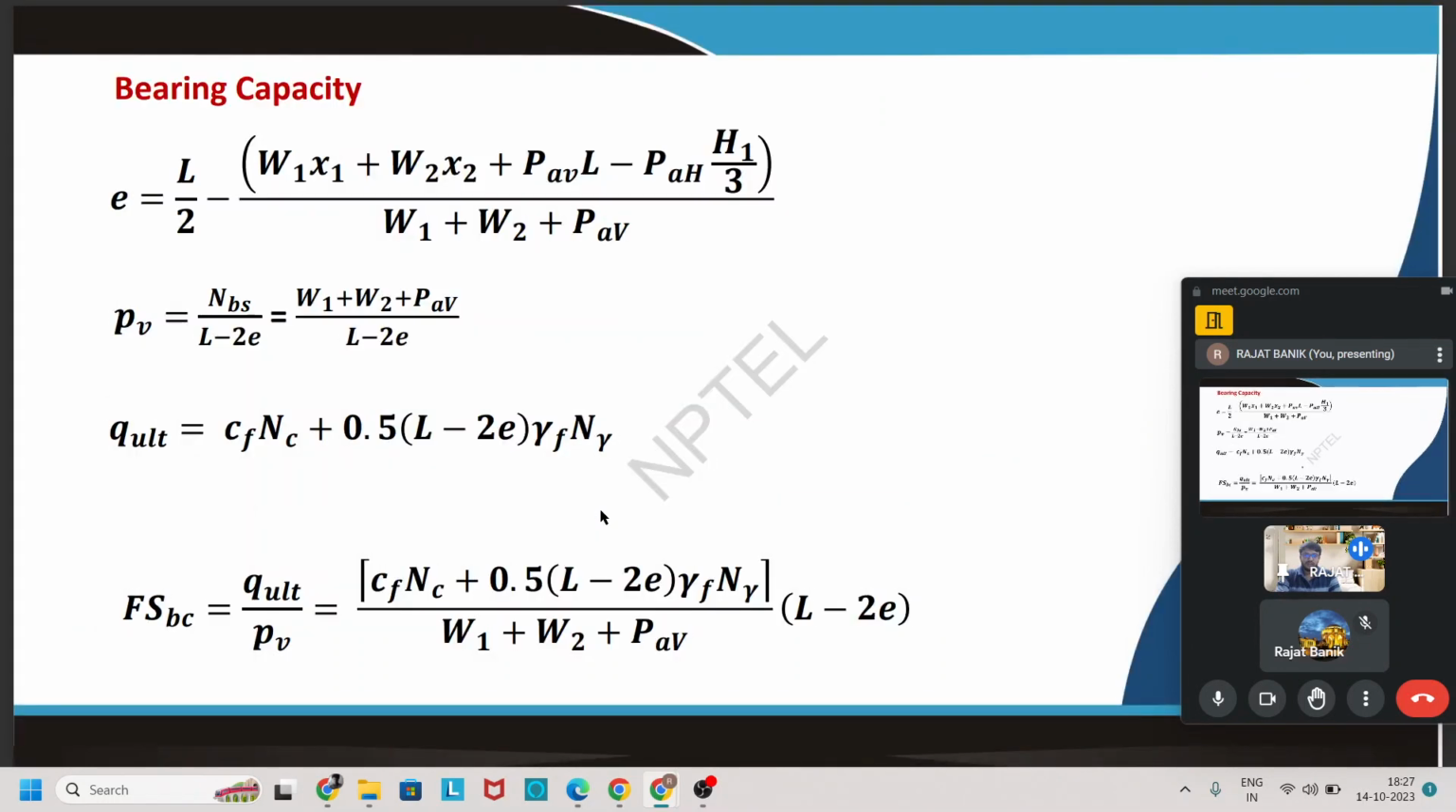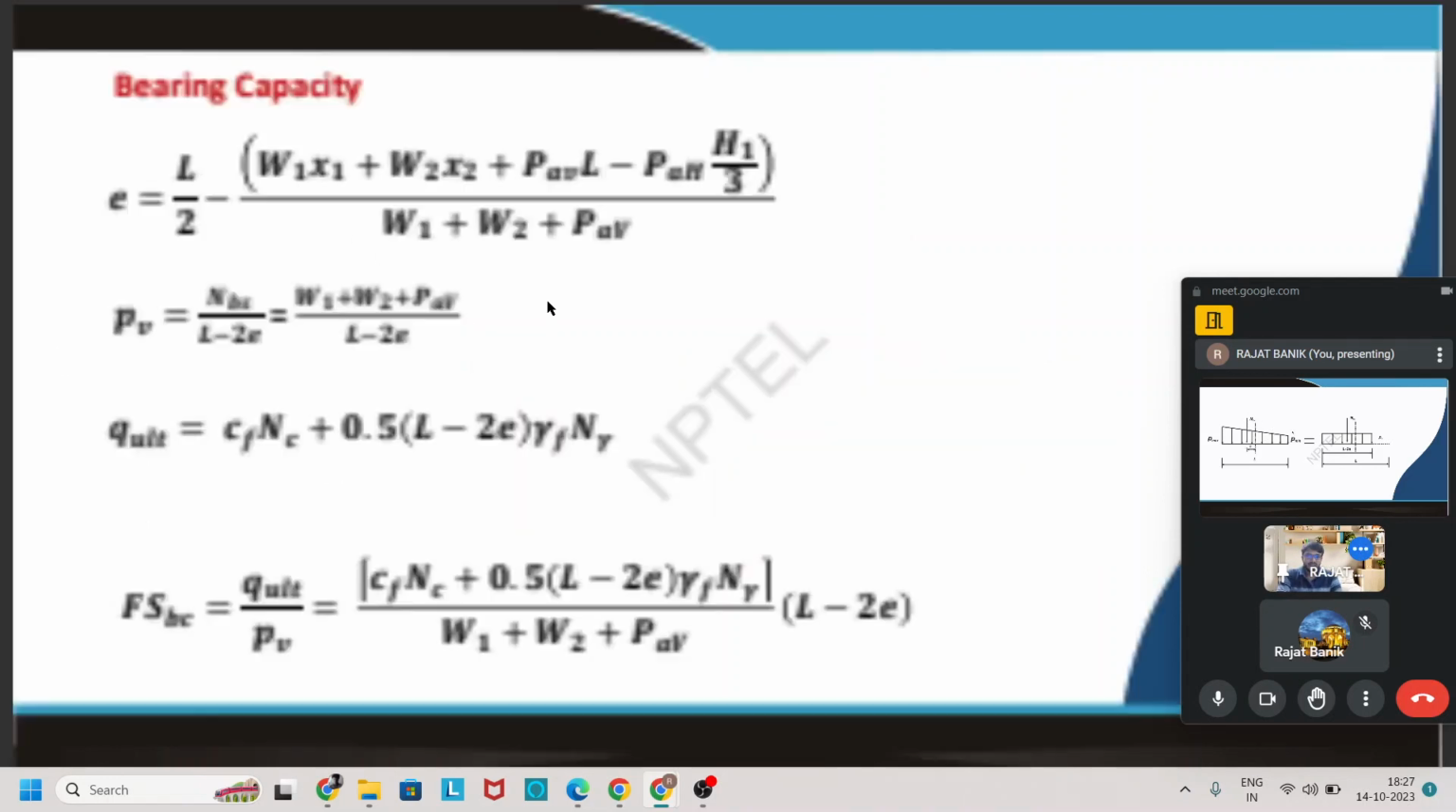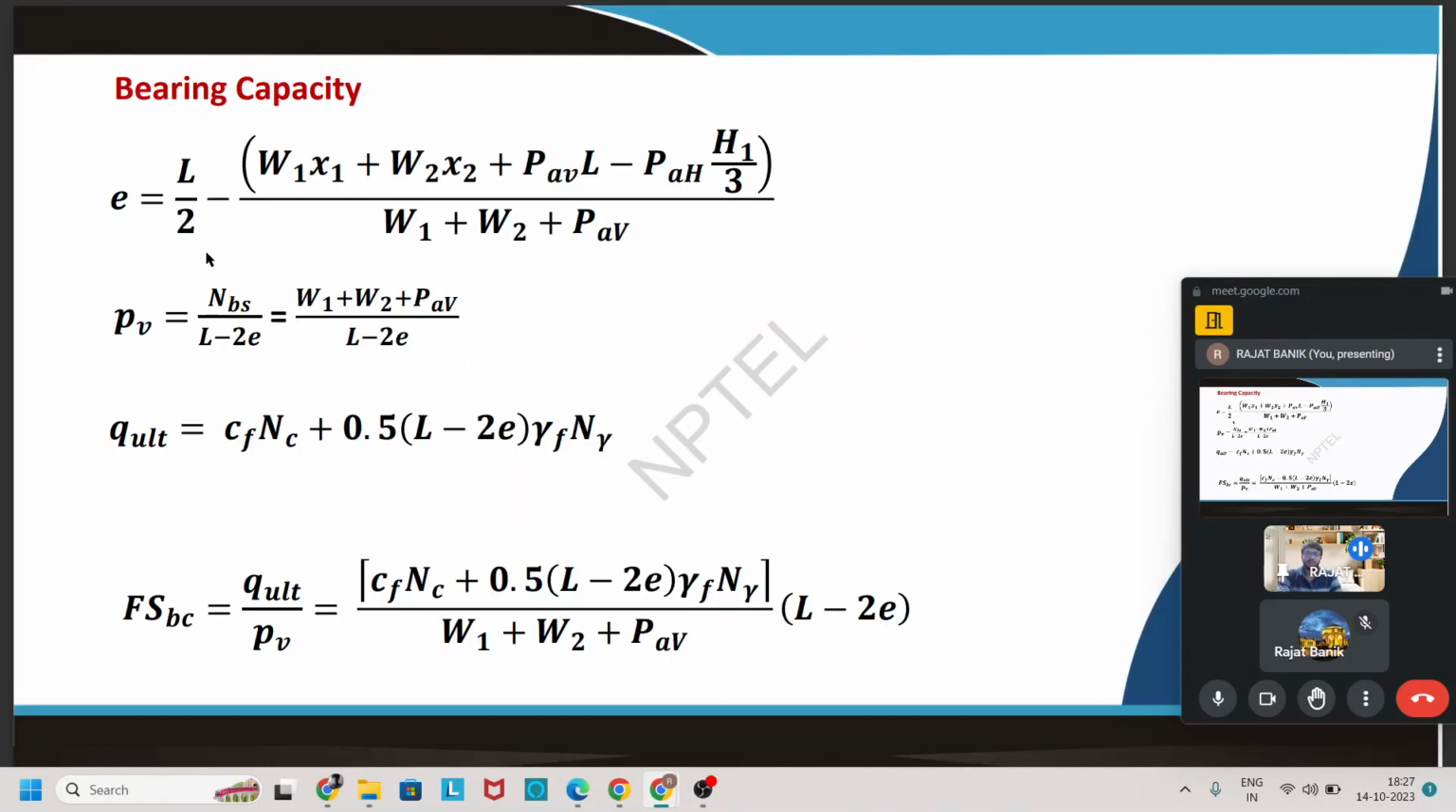So now we discuss, and again here is the load distribution shown at the base of the curve. Two types of loads are shown here: one is bending moment, and another one is direct shear stress. And also we find out the eccentricity of the load, and we need to also address the